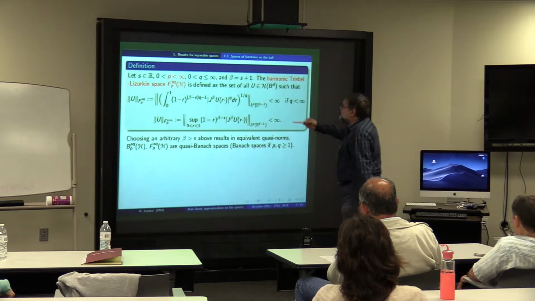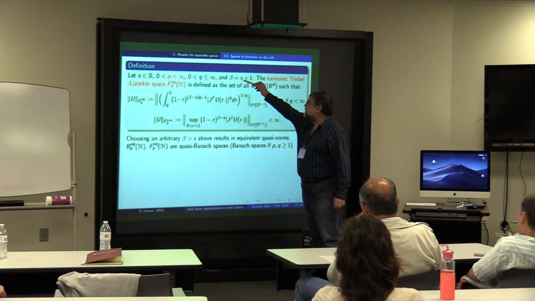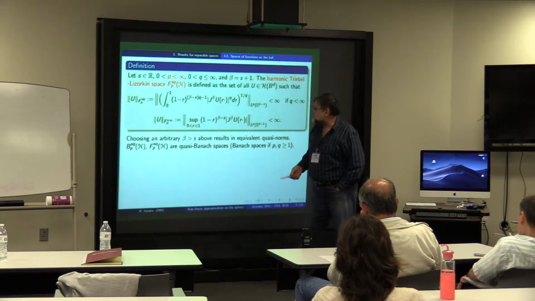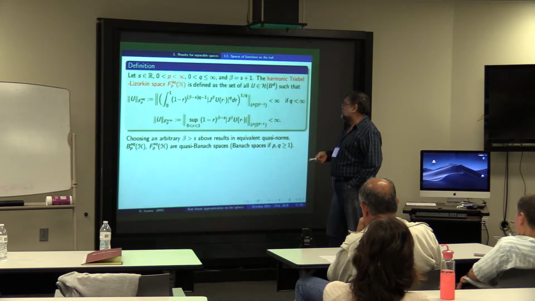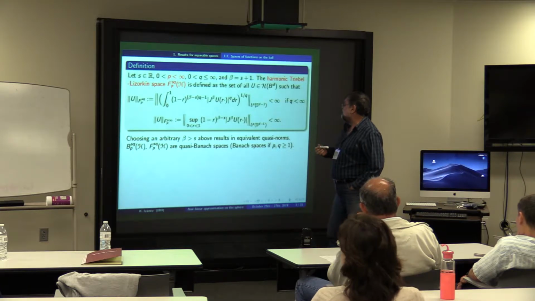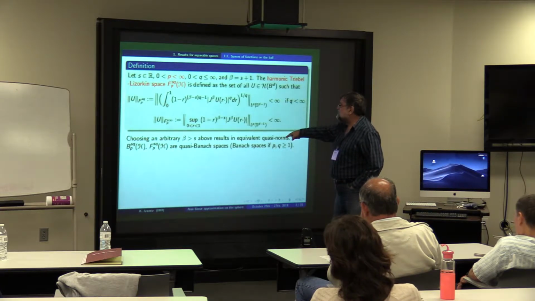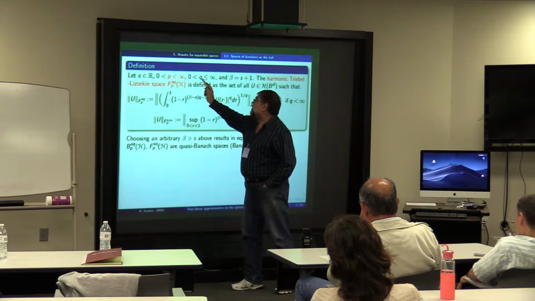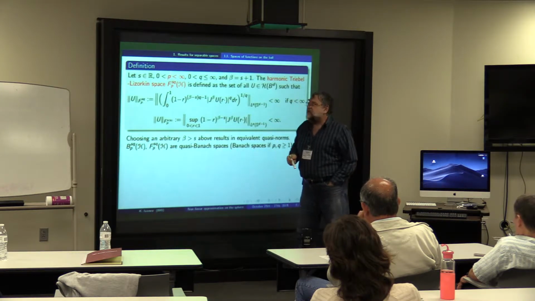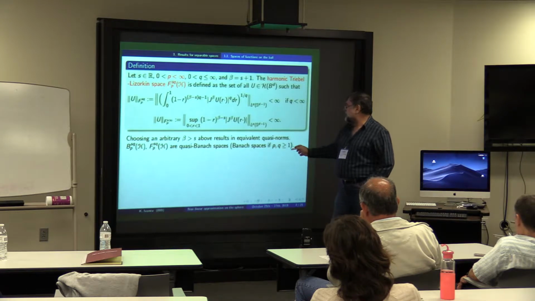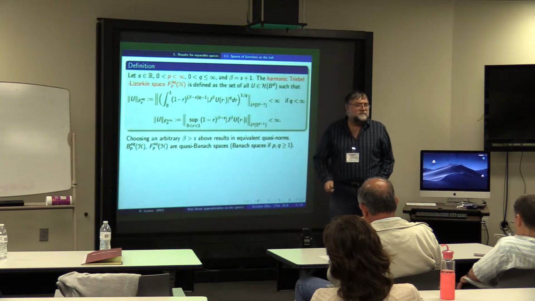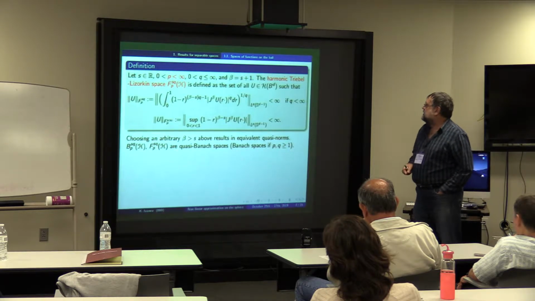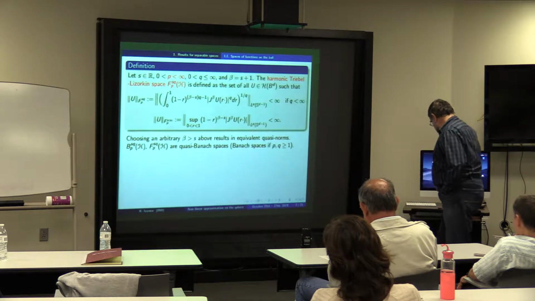About the parameter beta. It doesn't matter how big it is, it still has to be bigger than S, bigger than the smoothness. Any such beta will give you the same equivalent quasi-norms. Why quasi-norms? Because both P or Q can be less than 1. When P and Q are bigger than 1, we have Banach spaces, not quasi-Banach spaces. So you have the pure triangle inequality with these norms. Okay?